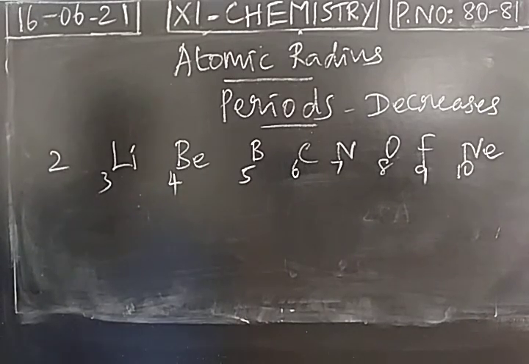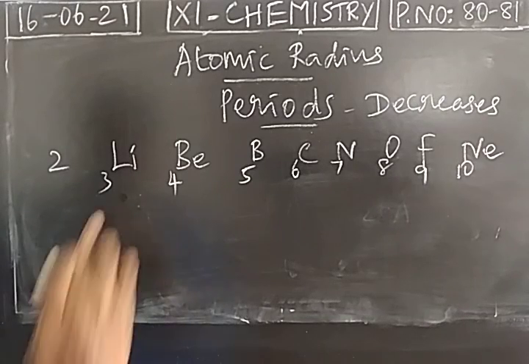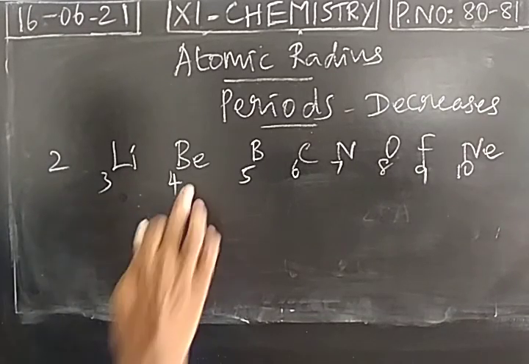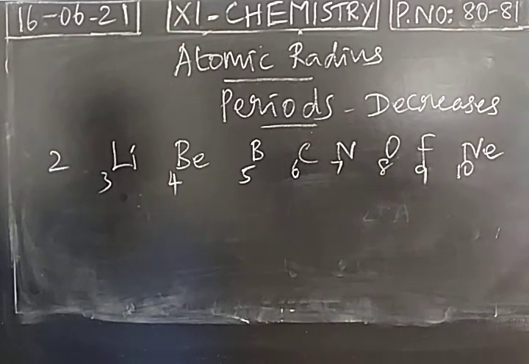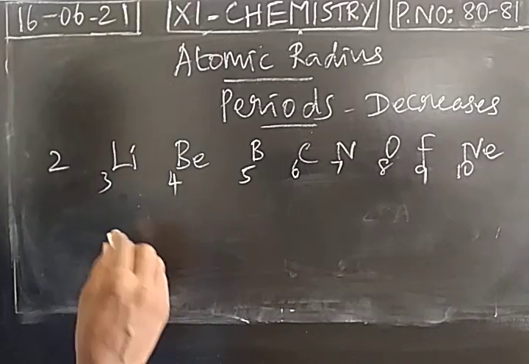It says what? When we move from left to right, one proton and one electron is increased. Lithium has 3 protons and 3 electrons. Beryllium has 4 protons and 4 electrons. So number of protons and number of electrons increased by 1 when we move from left to right. Now what about the accommodation of electrons in the atoms when we move from left to right? That is the question.